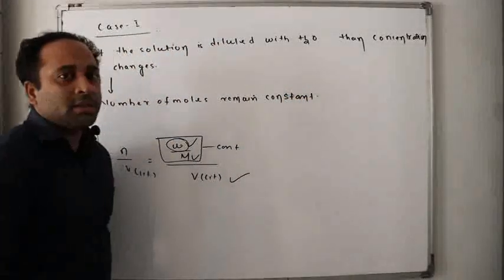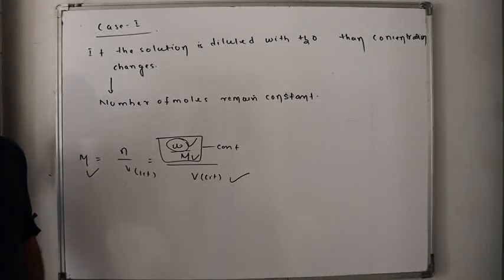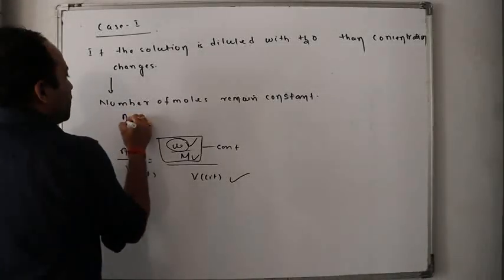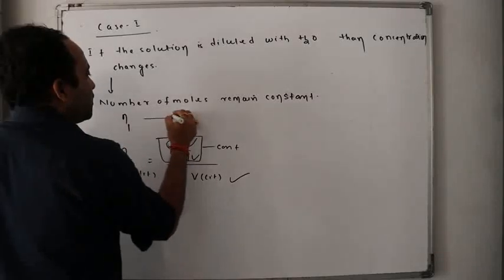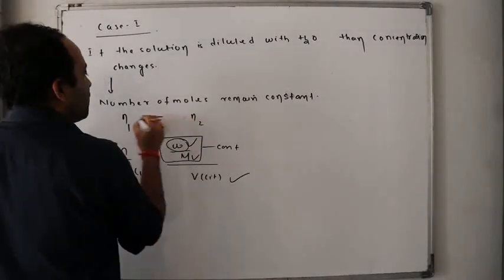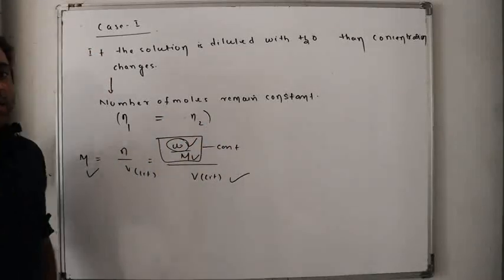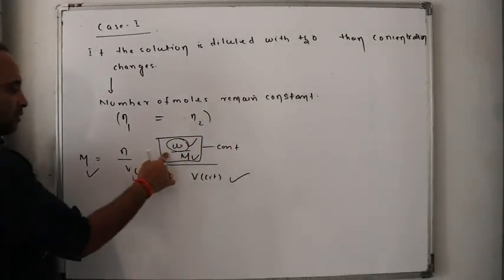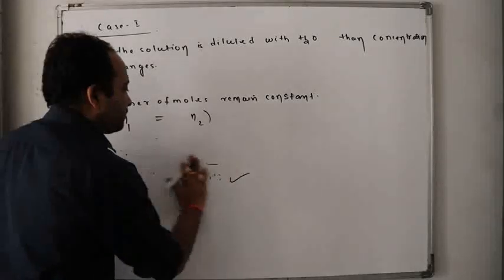Number of moles remains constant. Yes or no? That means the number of moles, if it was N1, then it becomes N2. That means N1 is equal to N2, number of moles remains constant, isn't it? So if this remains constant, a minute,